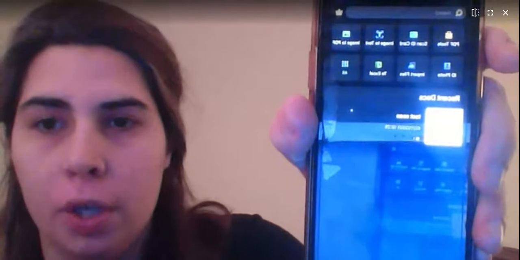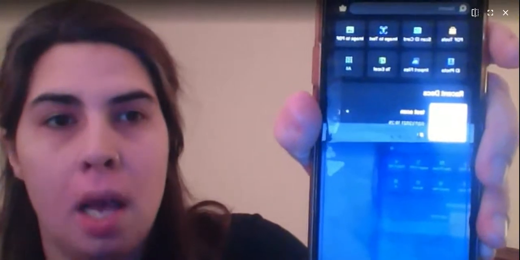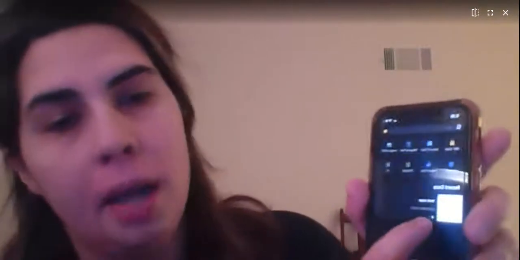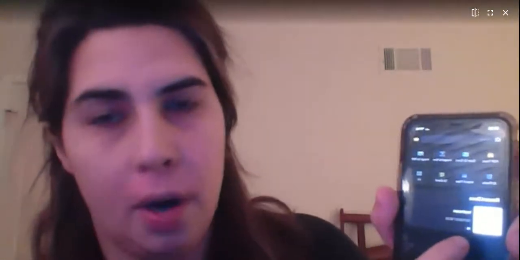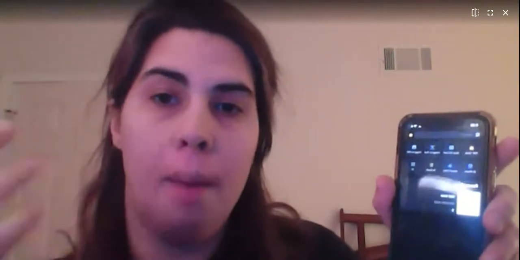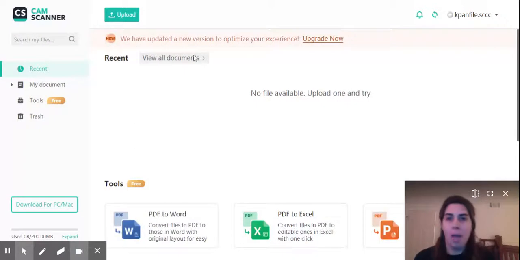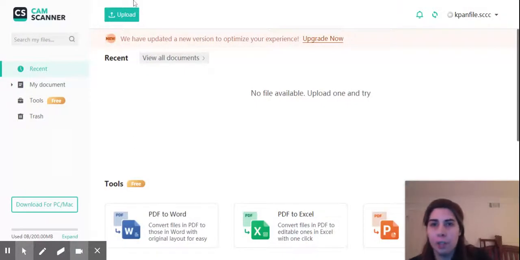You can come up with folders if you have different classes, but this is a really nice way to do it. So there's a little icon here. You're not going to be able to see it on your end, but I can see it on my end that shows it has basically synced to my cloud in my phone. And that means that when I go, I'm going to make this smaller. Okay. When I go here and I refresh,